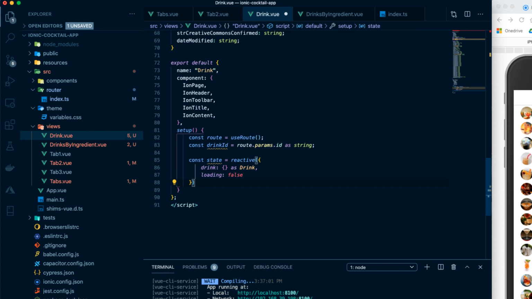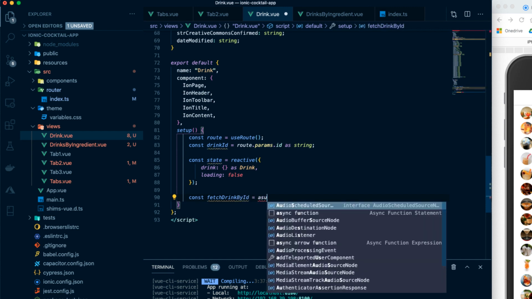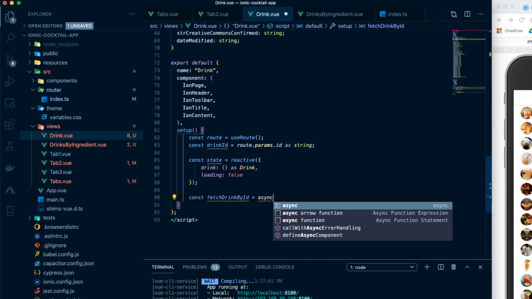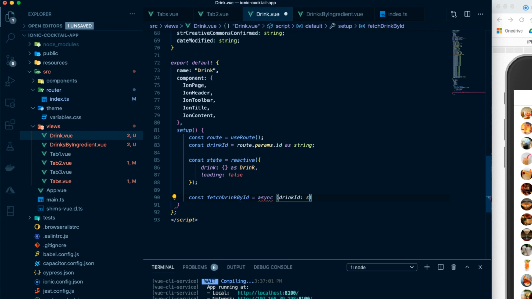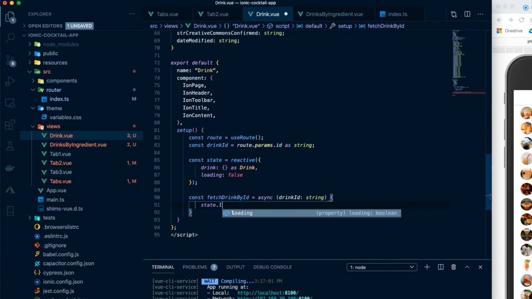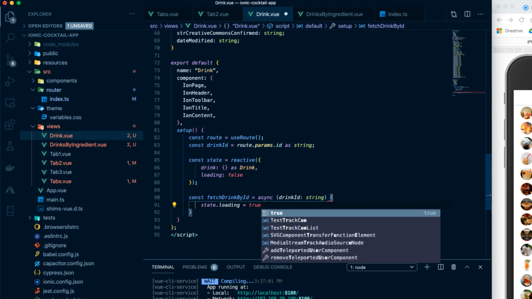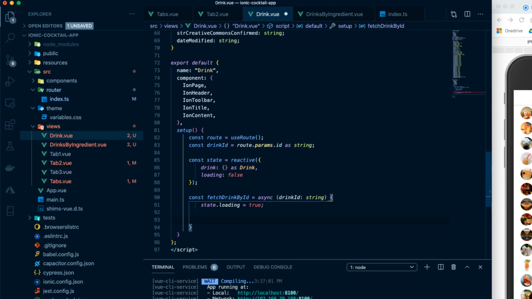Next, we'll make our method, and we're going to call it const fetchDrinkById. It's going to be an async method. We'll pass in the drinkId, and that will be a string. We'll say state.loading equals true. Then we'll make our request. So const res equals